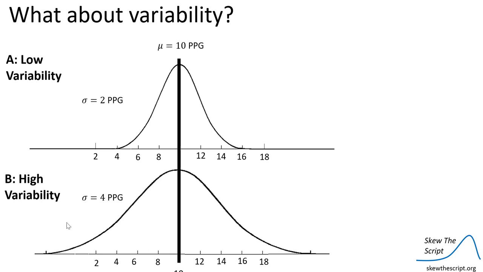Whereas we can also look at a graph that has a high variability. That means it's going to be more flattened or more smushed out. Our values are going to vary greater from the mean here. So this standard deviation is 4. So from that mean value of 10, one standard deviation is going to go 4 below or 4 above. 2 standard deviations is going to go 8, to cover the same amount of the graph that normally we just went 2 for above with low variability.